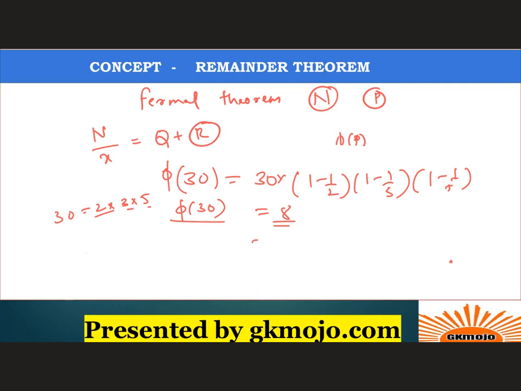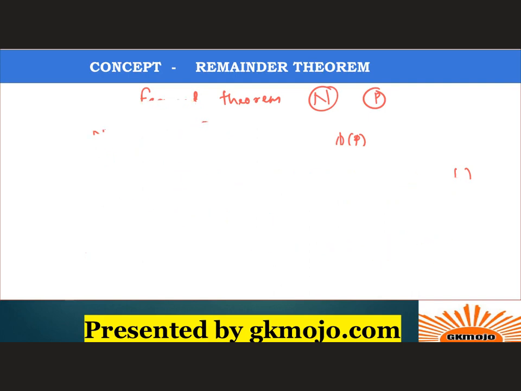And what it means is that 8 numbers less than 30 are co-prime to it. This is what the meaning is. You don't need all of this, but I'm just explaining it for the sake of the concept. So we'll go through such questions so that you will understand the concepts. You won't require this complicated system of solving the questions using the Fermat method, Euler method and Wilson theorem. We'll try to avoid all this and solve all the questions in a non-conventional way.